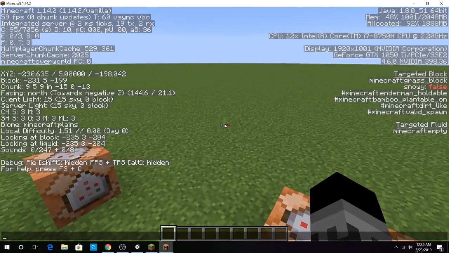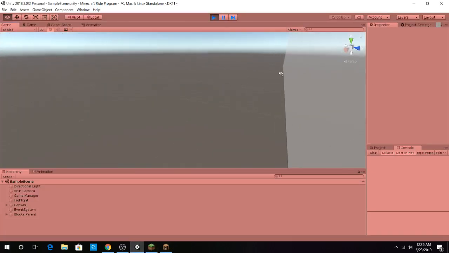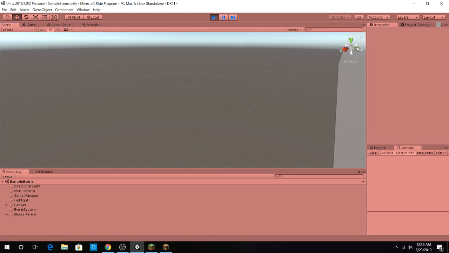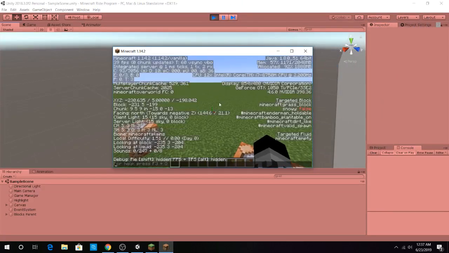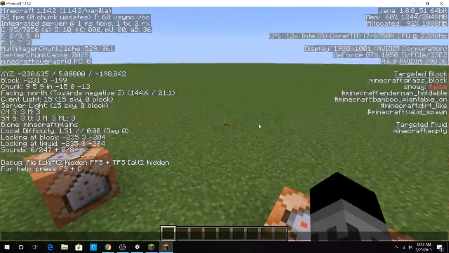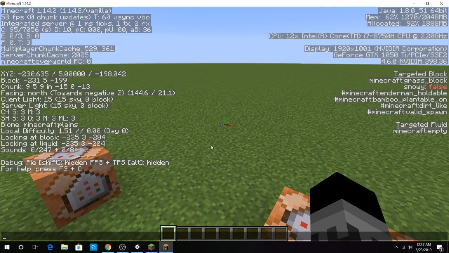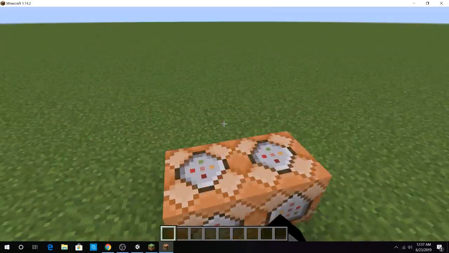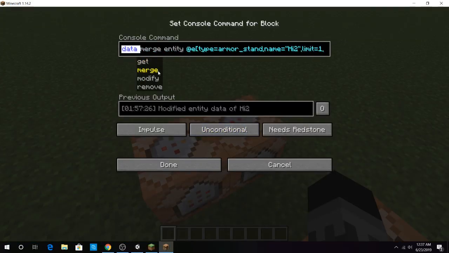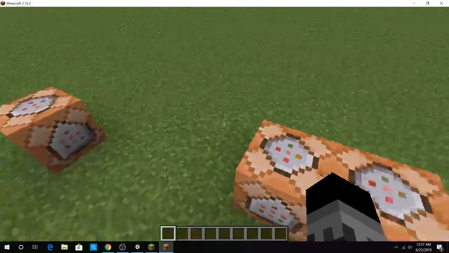However, if you pay attention to the way that these axes look, and let me show what it looks like in Unity, there appears to be a bit of a problem. As you can see, here's the Y-axis, here's the X-axis, and here's the Z-axis. Let's take a look at Minecraft. The Z-axis is where the X-axis is supposed to be. And that is going to make calculations very awkward if I want to use this to do certain commands like the one I have in this command right now,